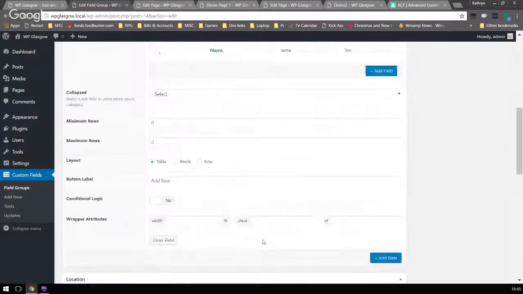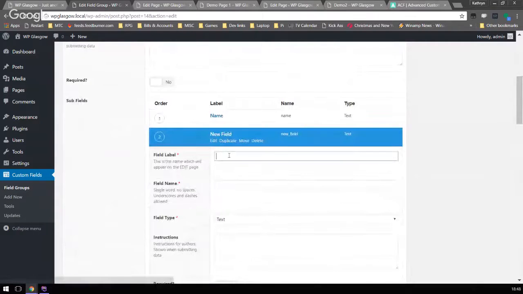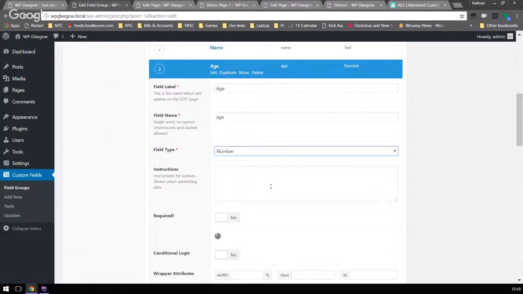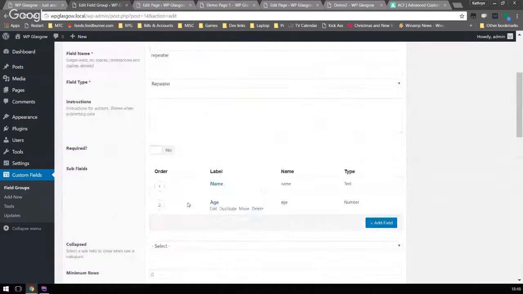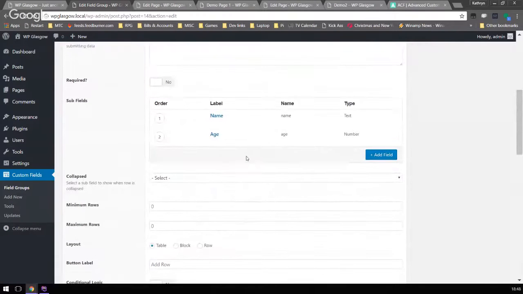So we do that, and then we go age, and we specify that as a number. So that will go through. So now we can specify each time we go through, and we can add that. Instead of saying add row, we can customize this to say add person,